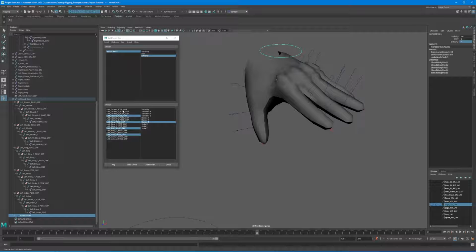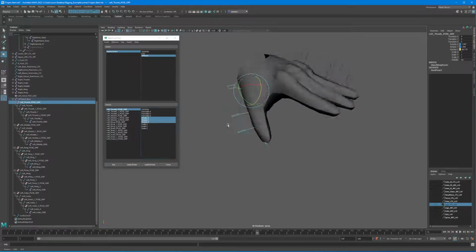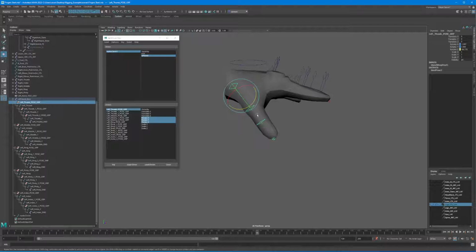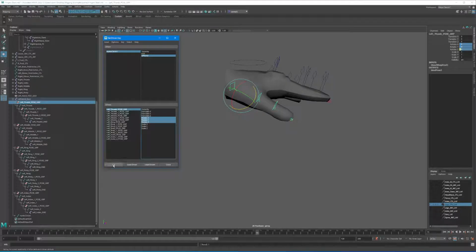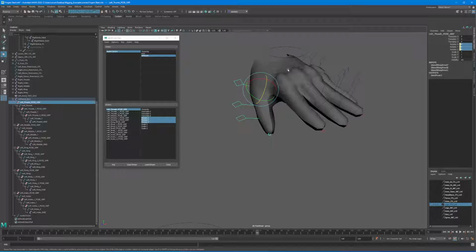So I'm going to deselect everything but the thumb. And for the thumb, I'm probably going to need all 3 axes. So I'm going to select rotate X, Y, and Z. And I'll 0 them out. Set a key. So that's my default position. And now for the